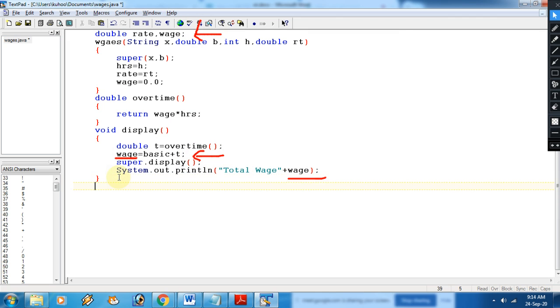After that we will write the main method, public static void main, then throws exception. It is always optional because I am not going to take input here.